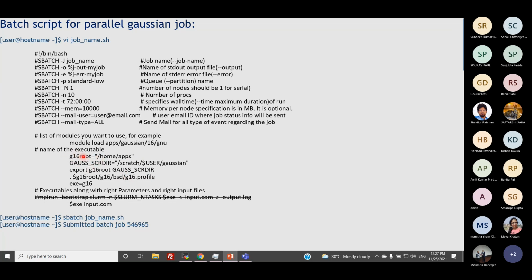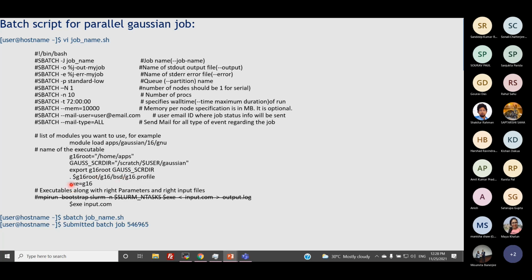G16 root, where the Gaussian 16 software is located, and the Gaussian scratch directory, where you want to store your scratch files, and you export the environment with G16 and the scratch directory, and then you use this line. This is the minimal environment needed for the Gaussian binary file.